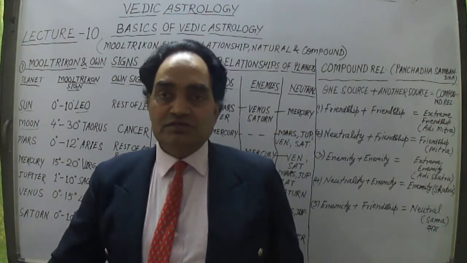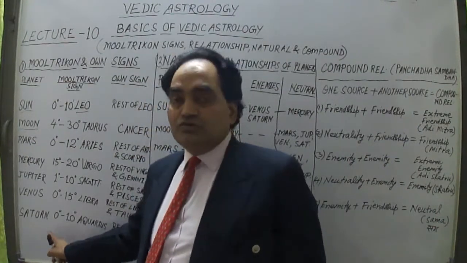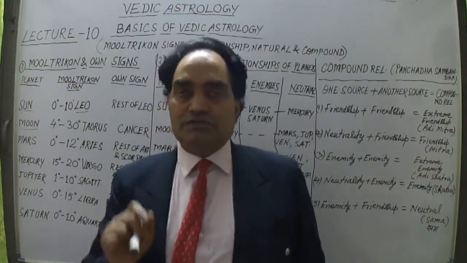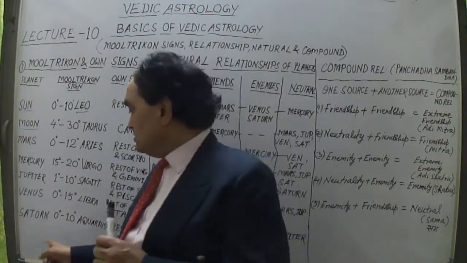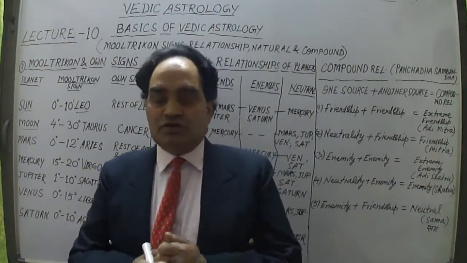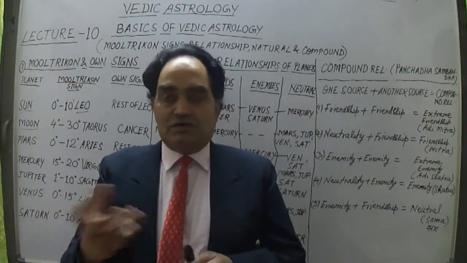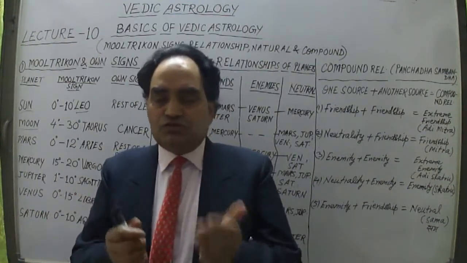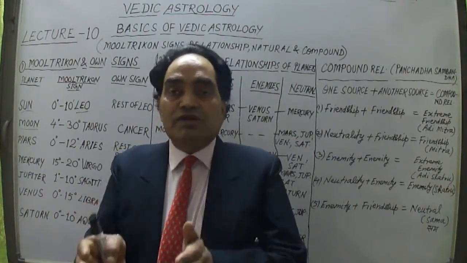But in Aquarius, the 11th sign, Saturn is more active from 0 degree to 10 degree. 0 degree to 10 degree in Aquarius is the Mooltrikon sign of Saturn. So if Saturn is lying in Aquarius from 0 degree to 10 degree, this is the limit, then Saturn is more active, or more powerful, you may say. More active means more powerful. You can see the power of that planet lying in this range of degree, 0 degree to 10 degree. Within this range, Saturn is more active in Aquarius.